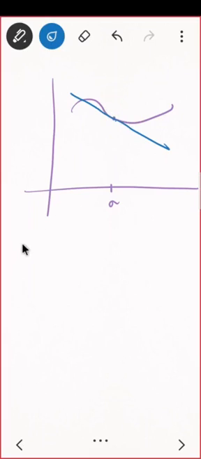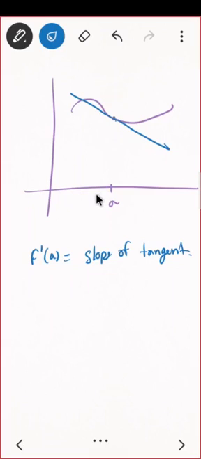So actually the meaning of derivative is this only. f dash of a means what? Slope of tangent. Do you know what is tangent? When a straight line touches your curve at some point, you say that straight line is called tangent, correct? So do you see what we did here? Your x was having two options, either it can come from this side or it can come from this side. If it is coming from this side, then you will say left derivative. If it is coming from this side, then you will say right derivative. So it is something like this.